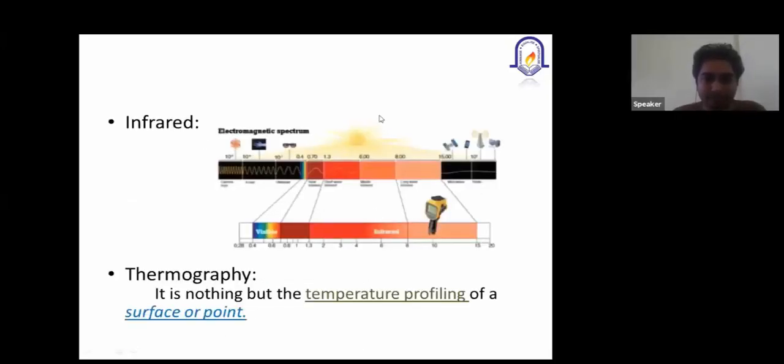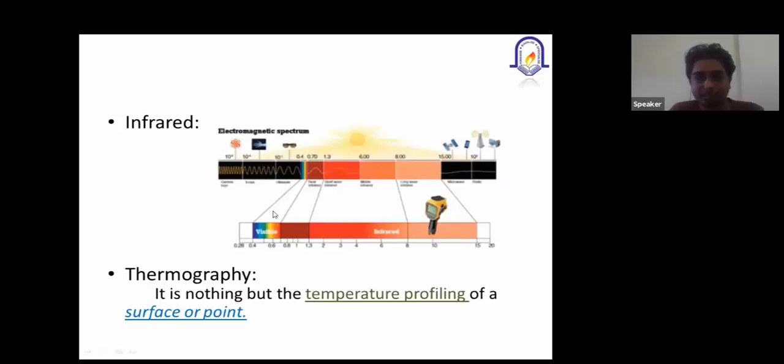Wavelength of infrared rays. You can see here this one is the visible, and from here to here it's infrared rays. The wavelength of infrared rays ranges from 9000 to 11,000 angstrom. There was one astronomer, Sir Williams, who discovered the spectrum in the 1800s. He found that the radiation coming out from an object is beyond the visible light, which is invisible to the human eye. So he termed this invisible light as a calorific ray, as the image is formed due to the temperature.